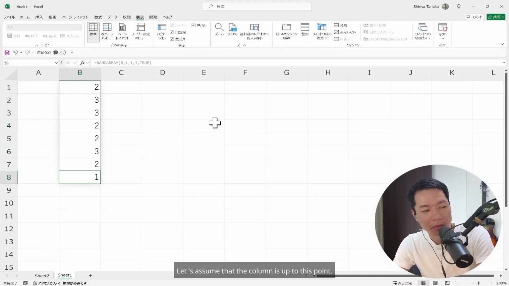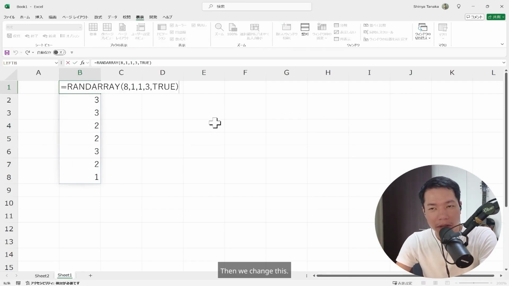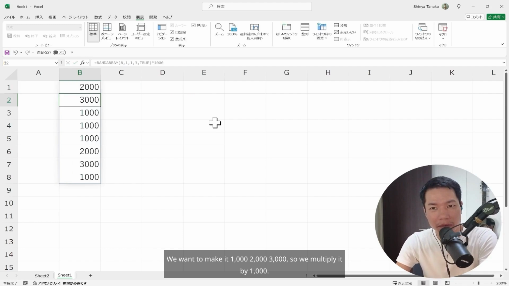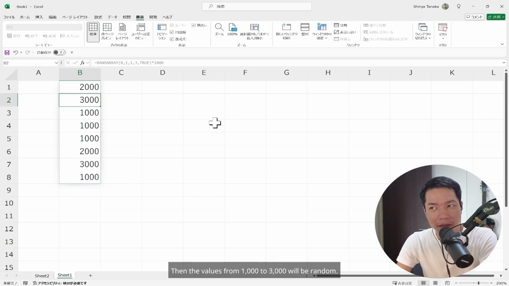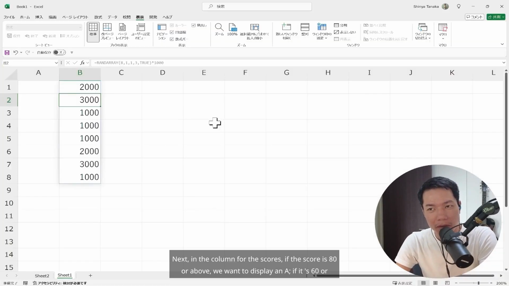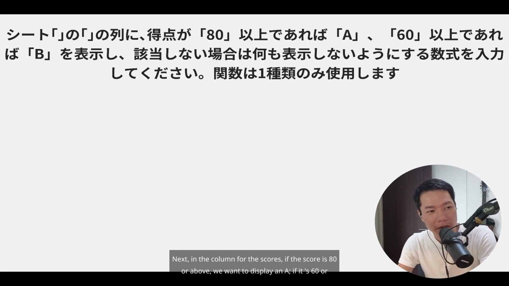Let's assume that the column is up to this point. First, the numbers 1 to 3 are randomly generated. Then we change this. We want to make it 1000, 2000, 3000. So we multiply it by 1000. Then the values from 1000 to 3000 will be random. That's it. Next, in the column for the scores, if the score is 80 or above, we want to display